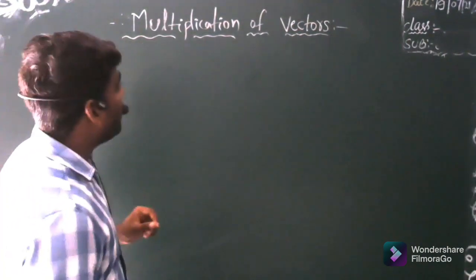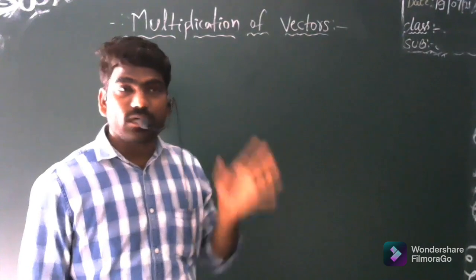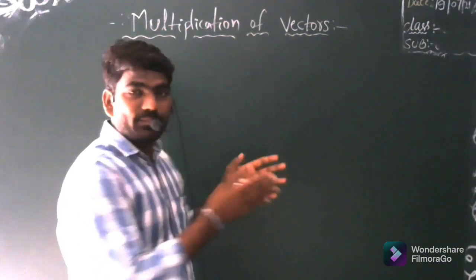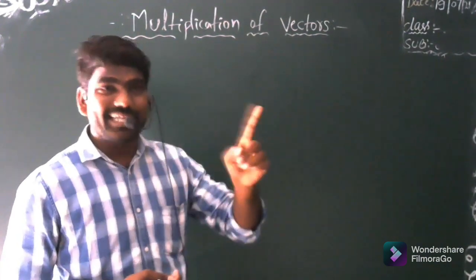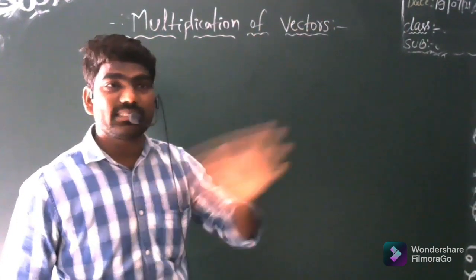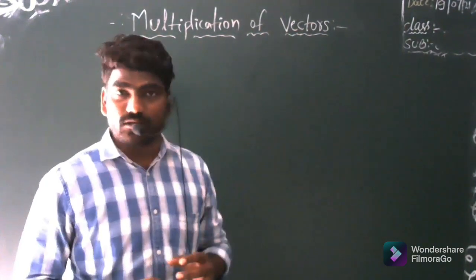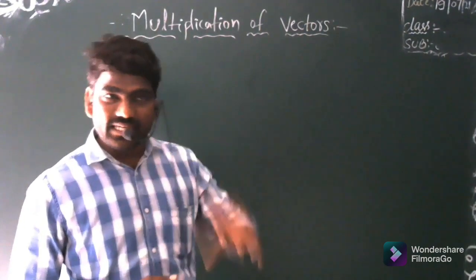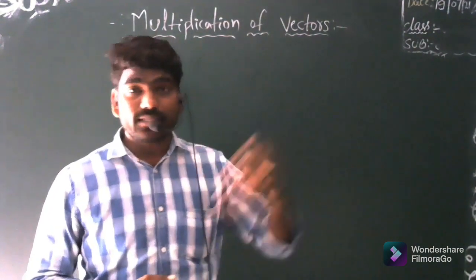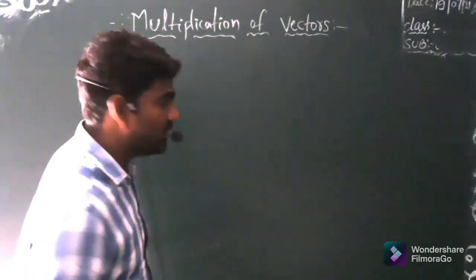Right, let us come to the topic, multiplication of vectors. We already know that vectors are quantities which do not follow simple algebra. The simple way of multiplying ordinary numbers is not enough to multiply vectors, since vector quantities do not follow those simple algebra rules. Just as the addition of vectors has different laws and rules, the multiplication of vectors also has some rules. What are those, and how can we multiply two vectors? Let us see in this class.